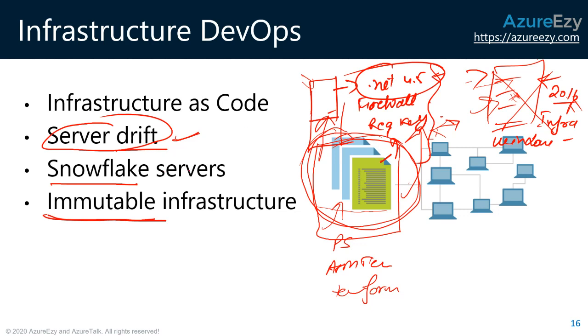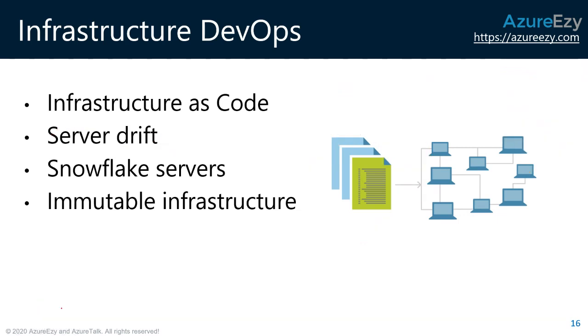Now, Snowflake servers. You discovered the drift when you faced the problem. Now, suppose you did not face the problem. Your application is not down. No problem is coming, right? Everything is working fine. Your server is there, and it has been running over 2 years, or 3 years, 5 years, 6 years. It's been running. Now after 5 years, you